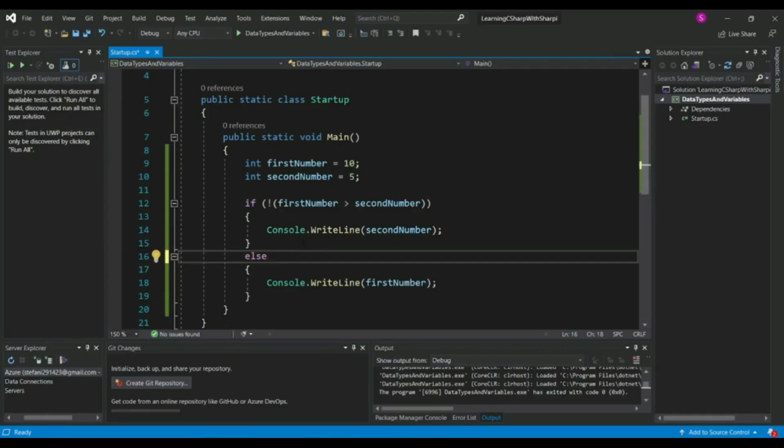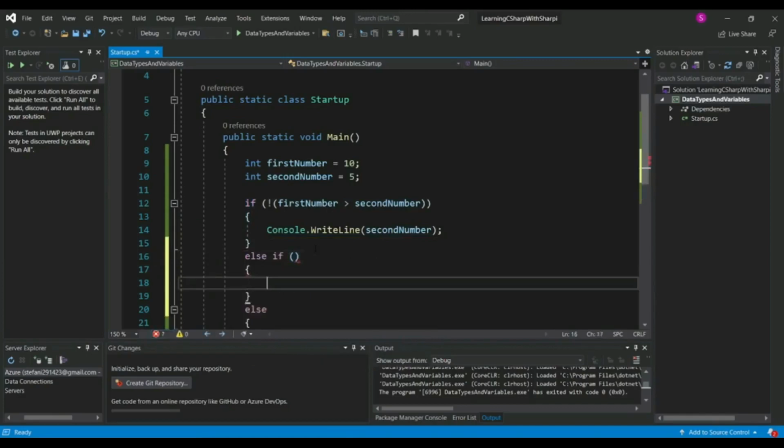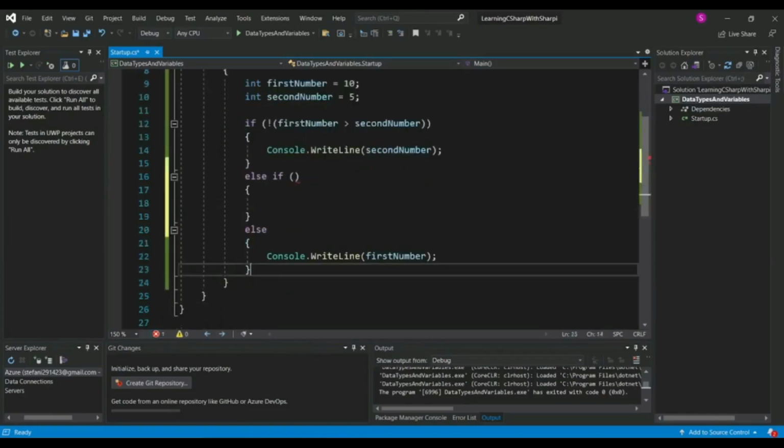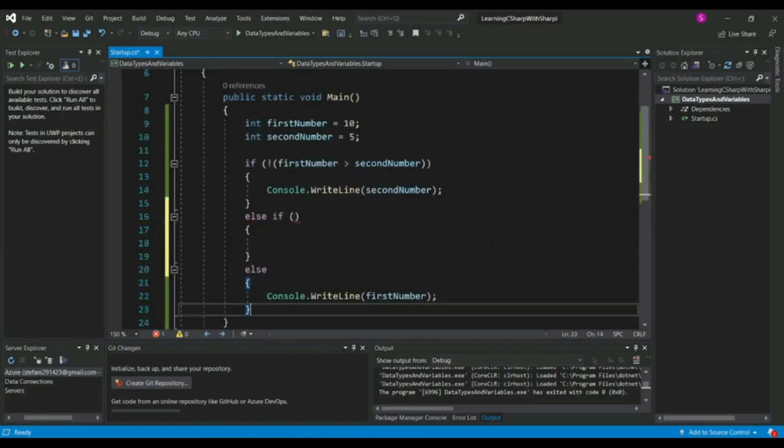So the right syntax is, first we have if, then we have else if. If we want to have else if, it's not necessary with the condition and the curly braces, and then we have the else. We of course can use only the if statement. We can use if and else, or we can use if and else if. It is up to you and the task you have. So now, else if, let's say,